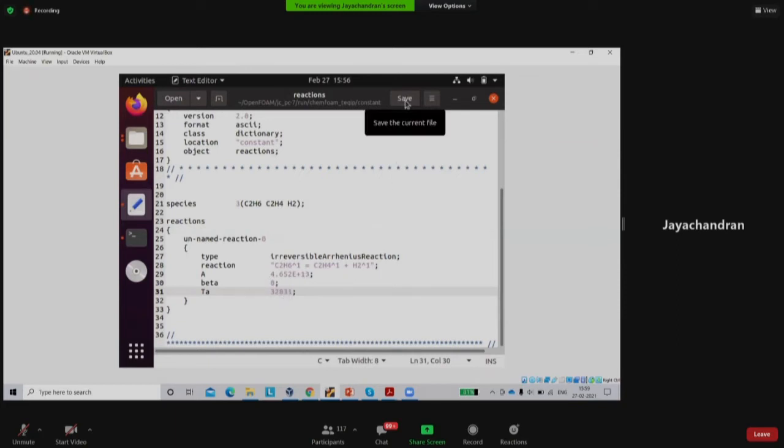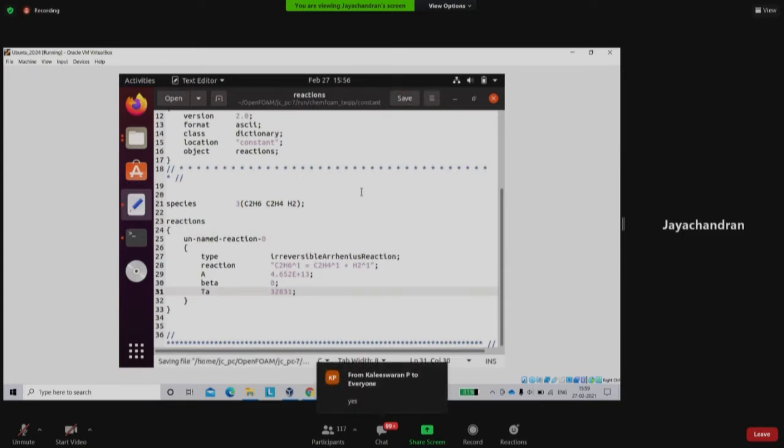Fine. So we will save this file. What we have basically done in this portion is that we have defined how many species we have. We had 3 species, and we defined those species. Then we defined the chemical reaction along with the stoichiometric coefficients. Then we defined that this particular reaction will follow a reaction rate based on this irreversible Arrhenius reaction. We know the formula from the slides. Based on that, there are 3 model fitting parameters and we have entered the values of those parameters. So that concludes this reactions file part.